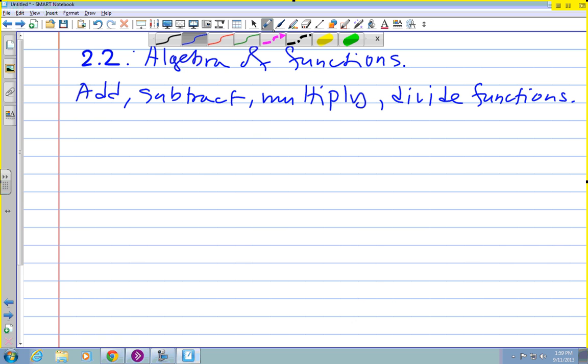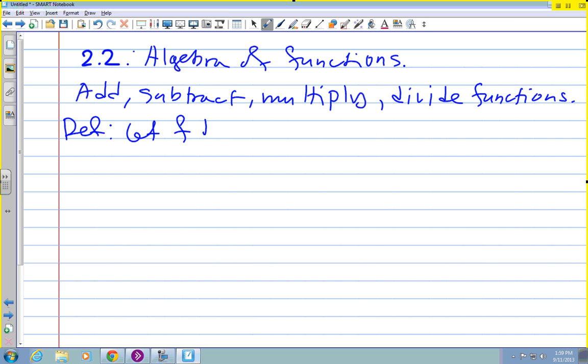You can take 2 functions and add them, combining like terms. You can subtract them, combining like terms. You can multiply them, so you maybe do some foiling. And you can divide them, so you might do some reductions as well. All right, so that's pretty simple. So basically the definitions,